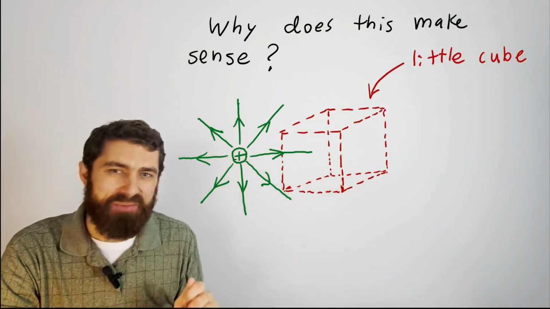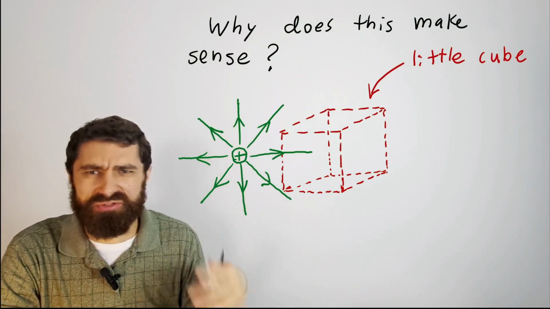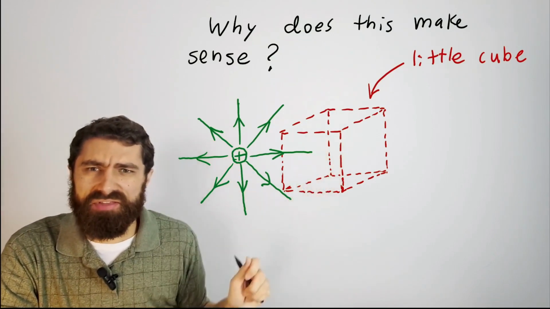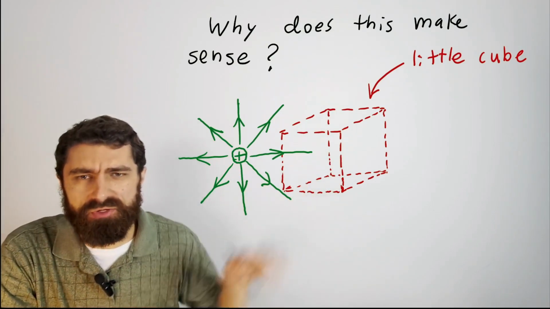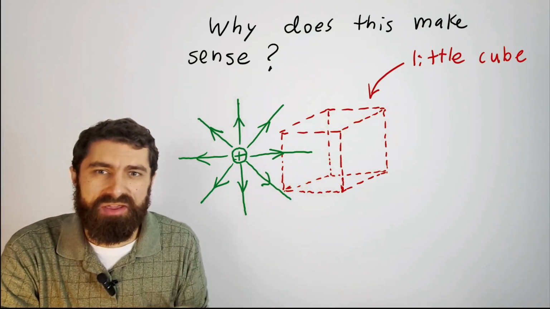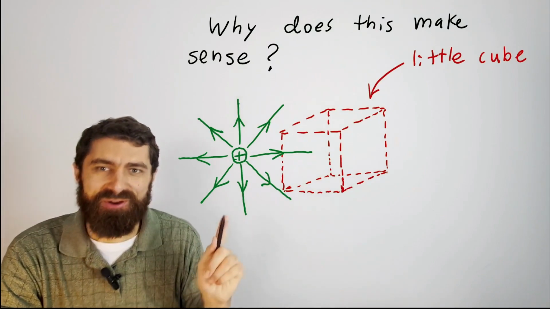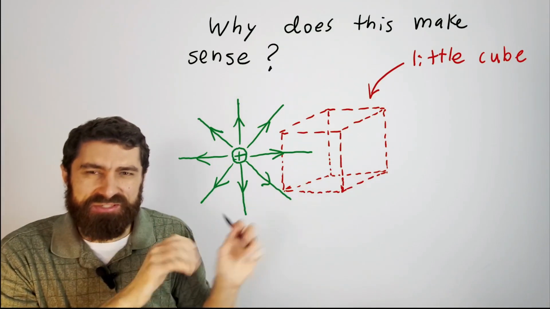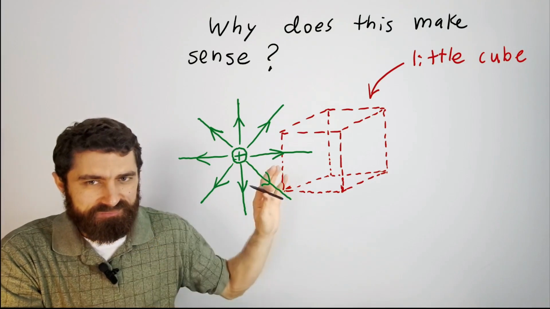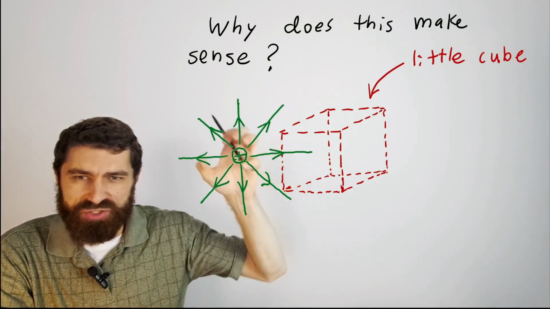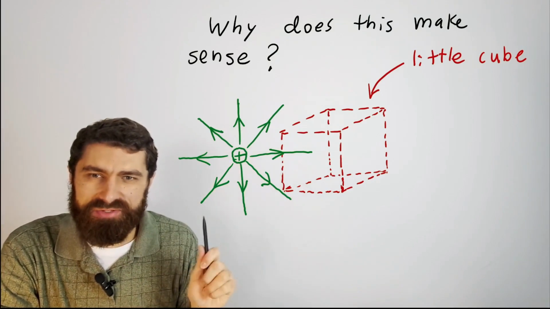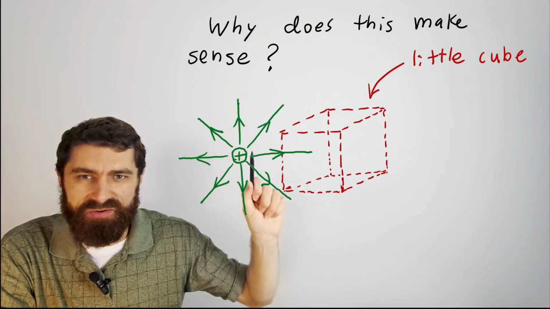And initially you might be thinking, okay, well, surely there's still going to be some flux, some outward or inward going flux into the cube if you integrate across all the sides. And I would beg to differ. If you think about this intuitively, I think it will make some sense. So think about this. If the charge is on the outside, then what happens here is that